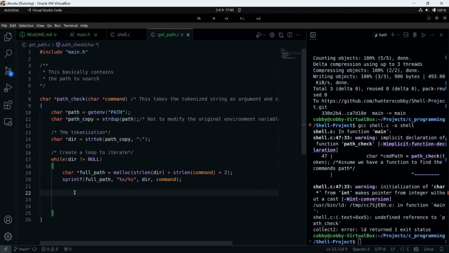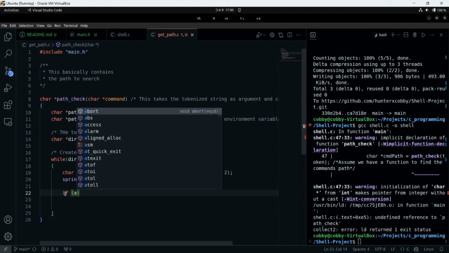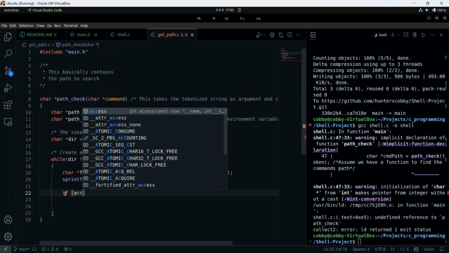So we want to check if the file we are executing is executable. And you know what you want to use access on. Is it a command or full path? We basically put everything in the full path. So what are we checking?